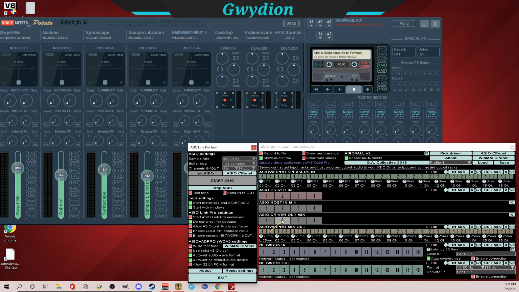All right, close all the links. Okay, so let me show you a few things here. I have show audio flow because that actually shows these connections. And enable multi-clients, that's important because by checking this, I use another program that I'll show you called Audio Movers